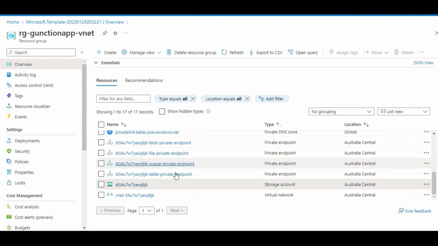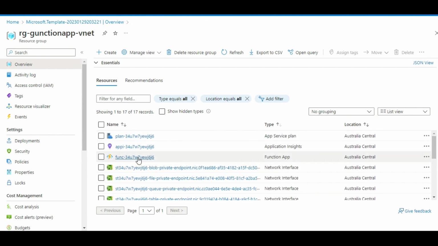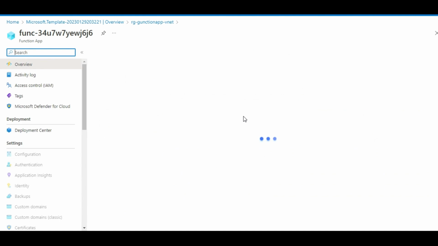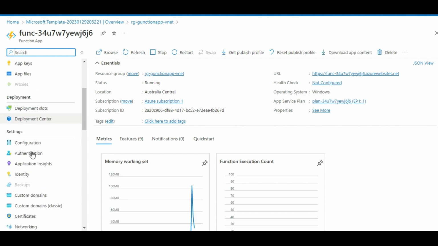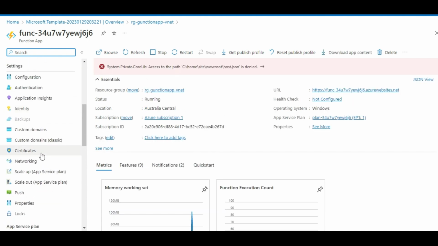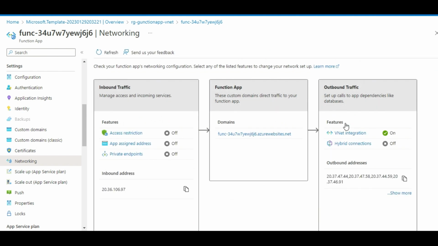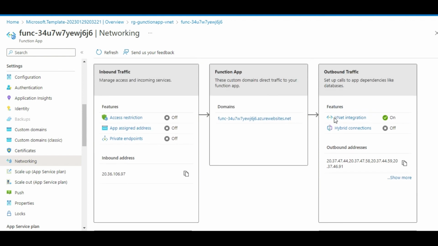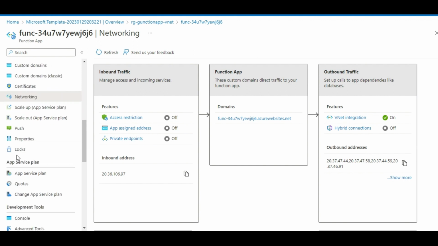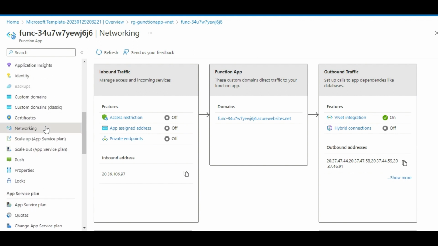Now let's go to our function app. If I go to the function app and go to the networking, you can see for the outbound traffic, the VNet integration is set to on. So the outbound traffic is routed to the VNet, and you can see the list of outbound IP addresses as well. And if I go to the configuration,